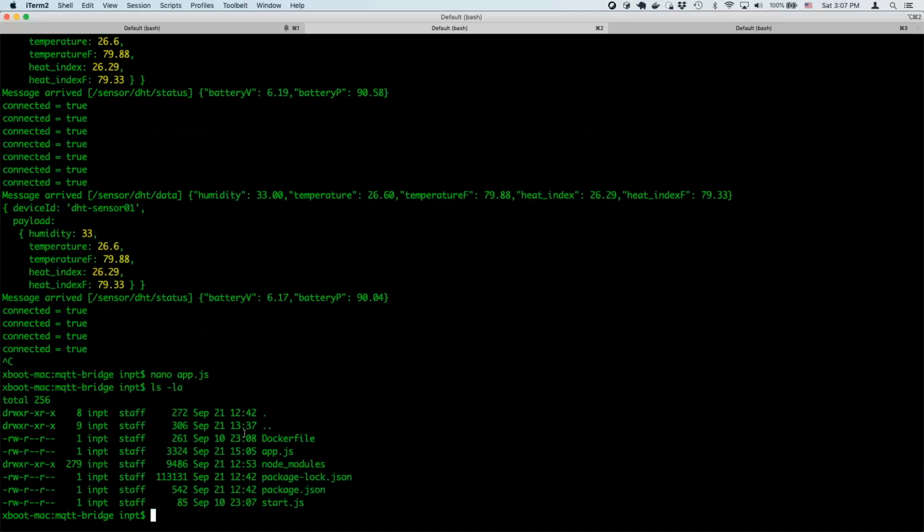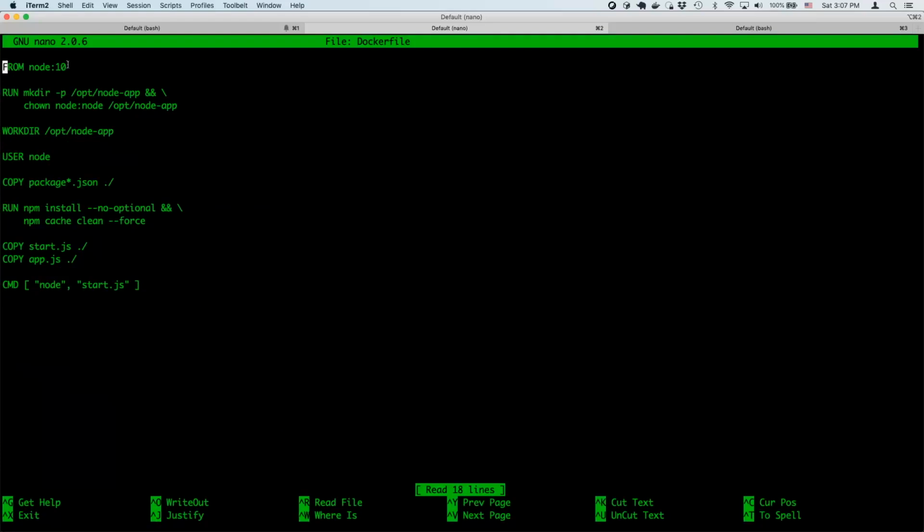That's what we have in the file called a Dockerfile. So take a look at this. In this file, sorry, it's a Dockerfile, you can see, for example,